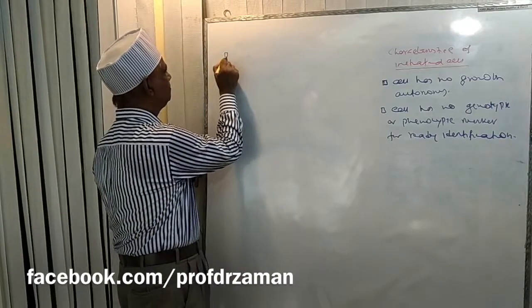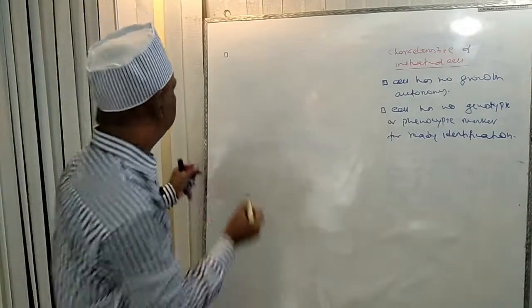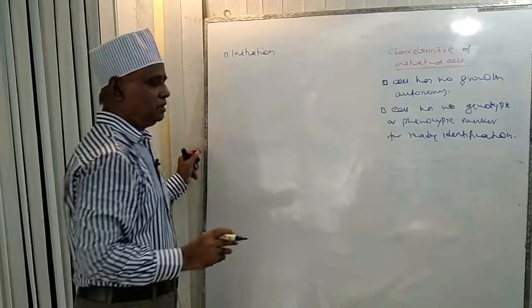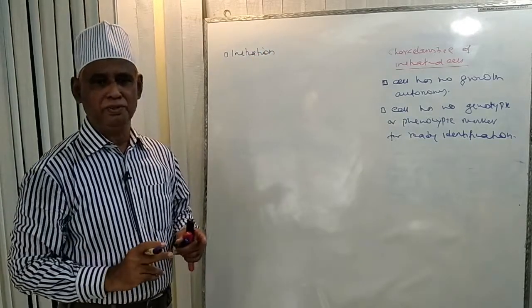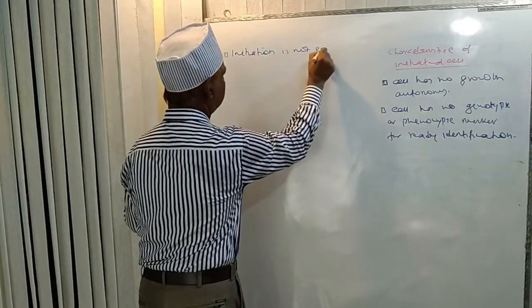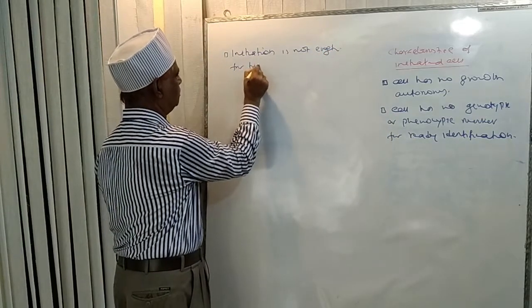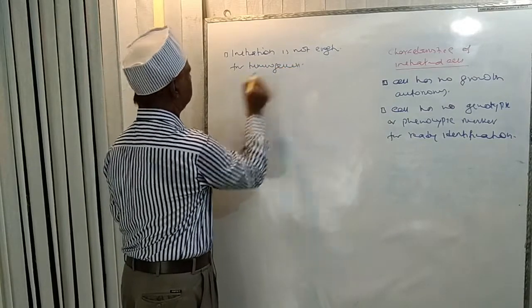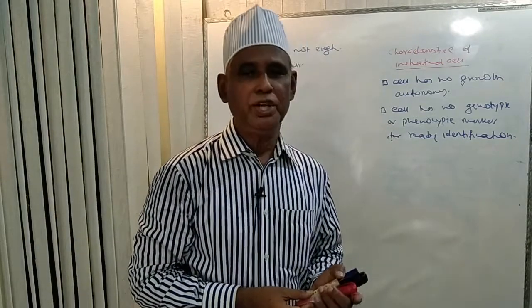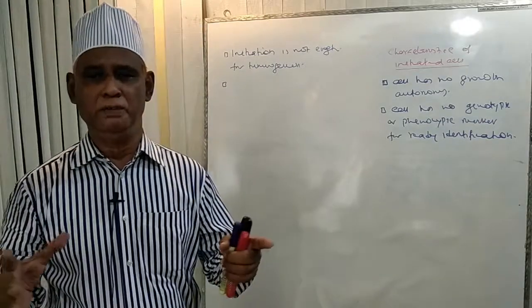Another characteristic, initiation is not enough for tumorigenesis. That is, genetic mutation is not enough for tumorigenesis. Another characteristic, initiated cell must undergo at least one cycle multiplication